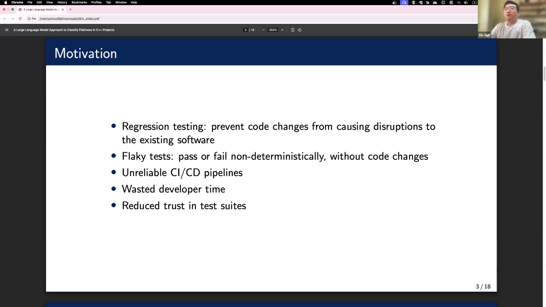And over time, this erodes confidence in the test suites, sometimes leading teams to ignore the failures, which is very risky in software testing. In short, flaky tests create noise and confusion, undermining the whole purpose of automated testing.